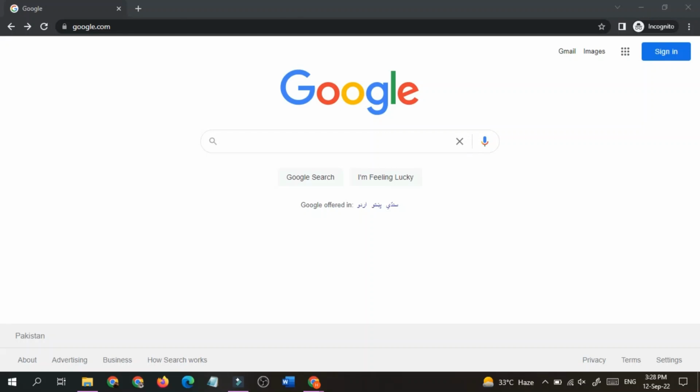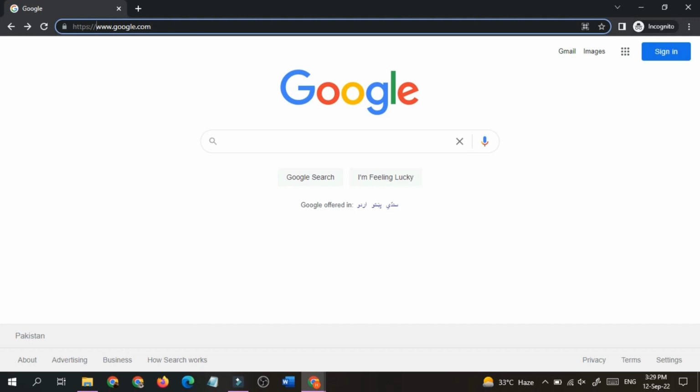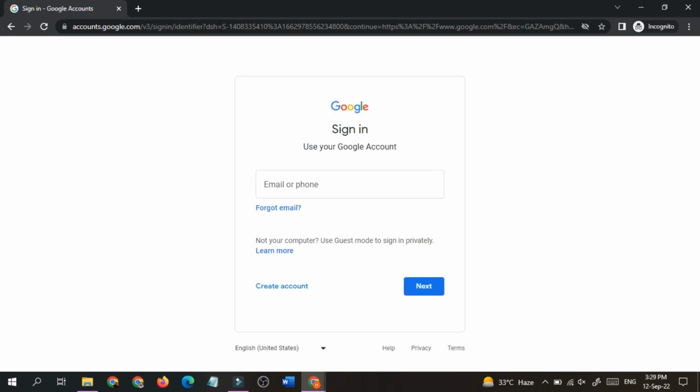In today's video, you will learn how to make a Gmail account, or you can call it Google account. So first you will go to google.com, type it in your address bar and then go to sign in. Then you will be required to fill email or phone. But if you are making a new Gmail account, you don't have a Gmail account, you can click on the